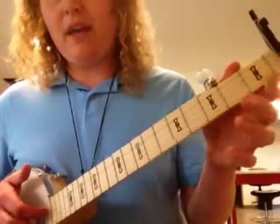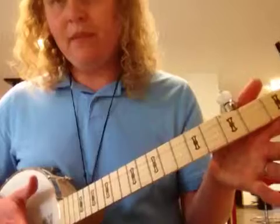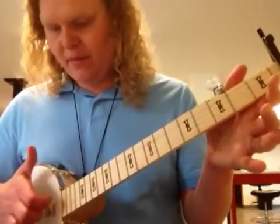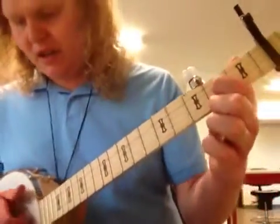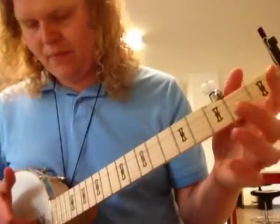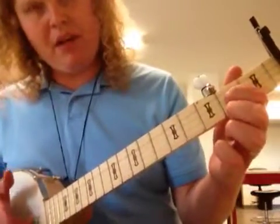Starting with your open A chord on the A string, you're going to pluck, strum, pluck, strum. Let's try that again. Ready, and pluck, strum, pluck, strum. Then with your pointer finger on that second fret of that A string, you're going to go pluck, and then let go, strum. Let's try all of that together. Pluck, strum, pluck, strum, pluck,